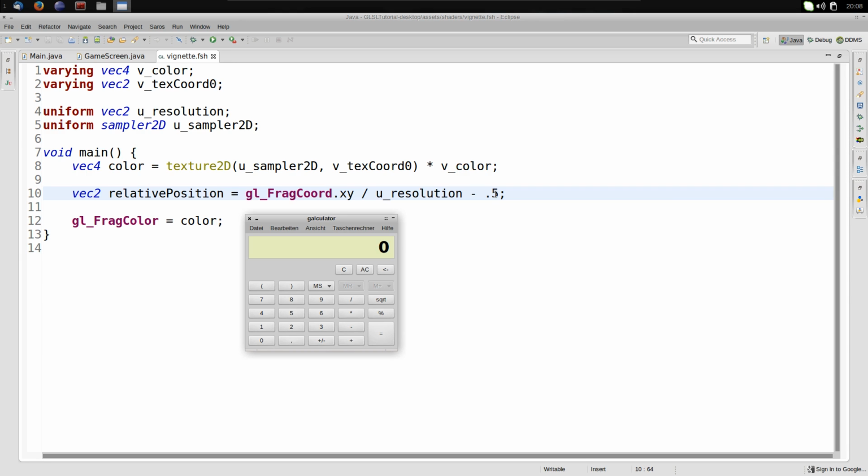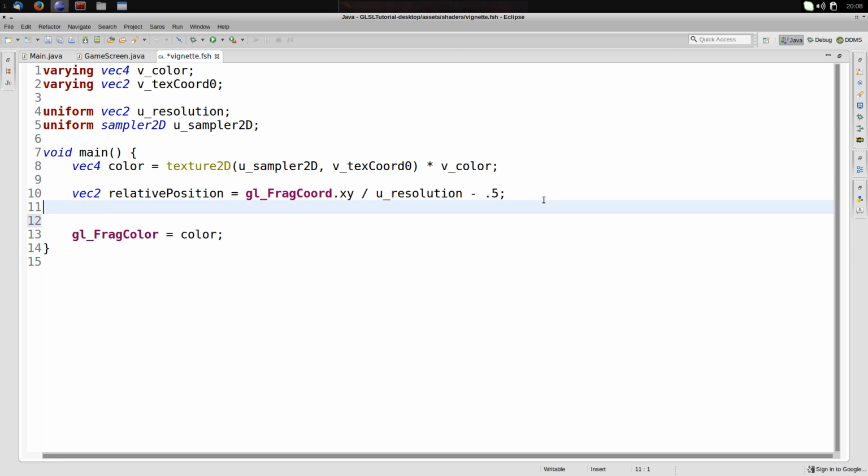Now what might confuse you is, if we have, for example, 400 as the x-coordinate, and we divide this by 1280, we get this. And if we subtract 0.5, we get a negative number. And there certainly is no negative x-coordinate for any pixel on the screen. They are all from 0 to whatever your resolution is. But that doesn't matter. We're just going to do it anyway,